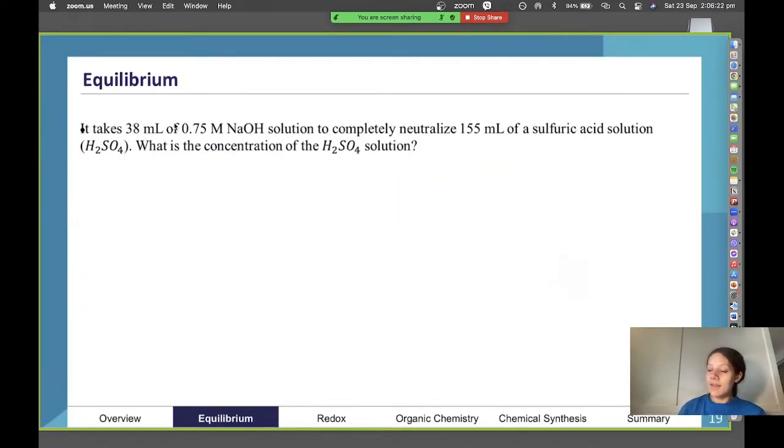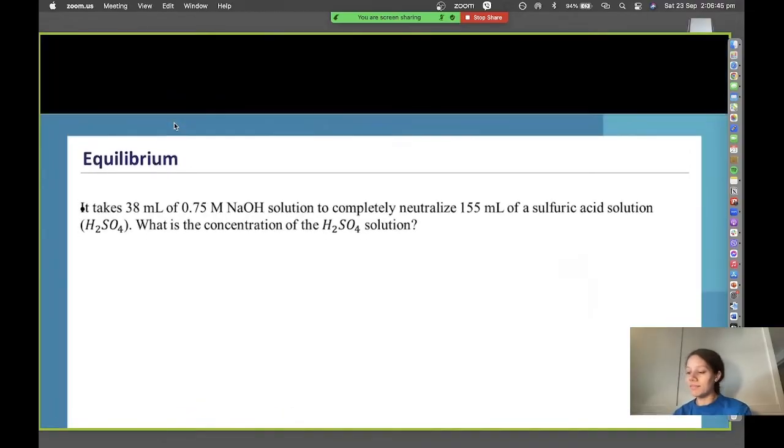Then here we have an example of an actual titration question. This is a really good baseline question that uses the baseline titration equation to figure out an unknown concentration. So it's a good practice question. Please have a go. But actually, in the interest of time, I might just take us through the question immediately.